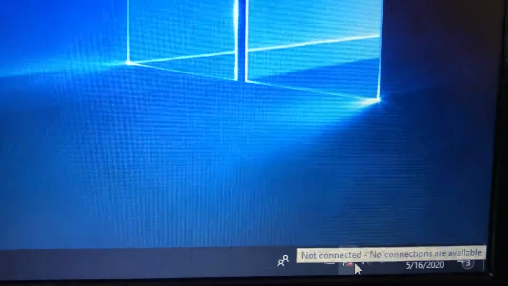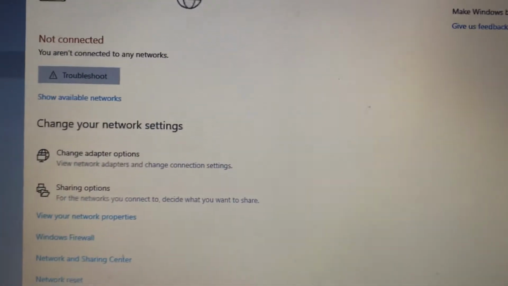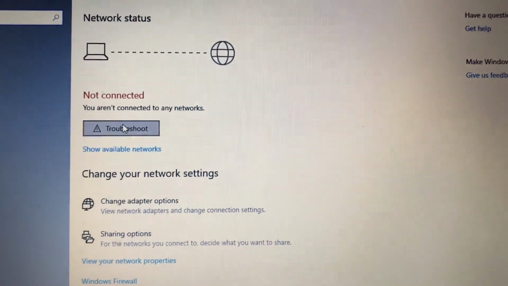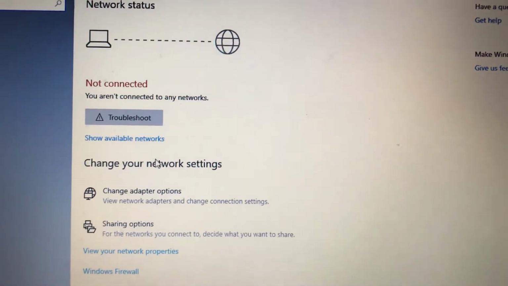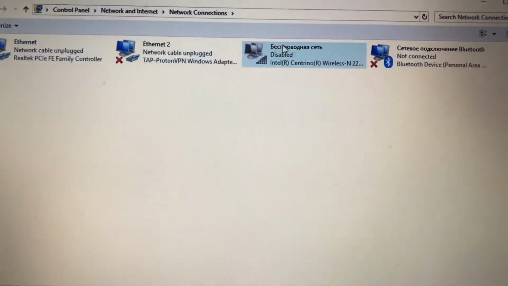First, you just need to click on this LAN connection, right-click on the button and choose Open network and internet settings. After that you will see your network status. You can see here "Change your network settings", so just click on Change adapter options and here you will see